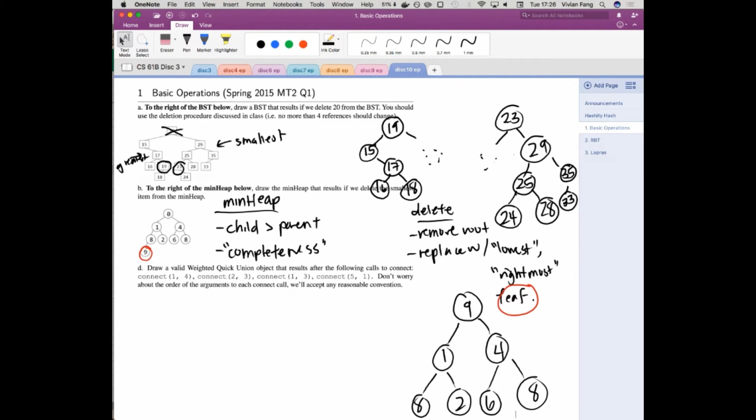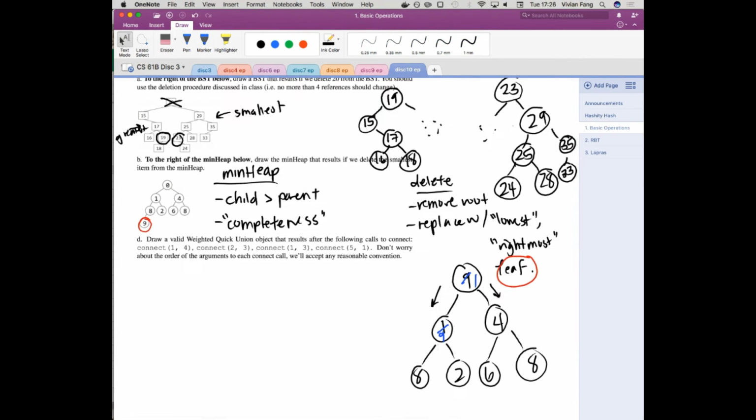So to enforce that, you just check out the children and then you pick the next best thing. You pick out the best child. And the best child is the smallest child because the smallest child is supposed to be the minimum that swims to the top. So they exchange places. So over here, my 9 should switch places with what? The 1 or the 4? Right, the 1. So let's switch places.